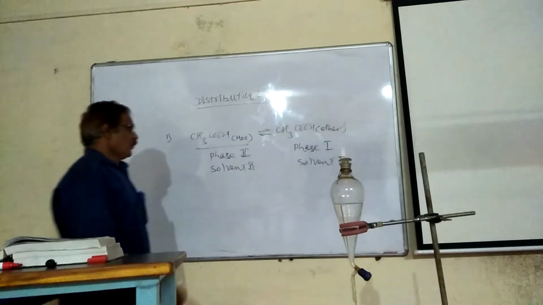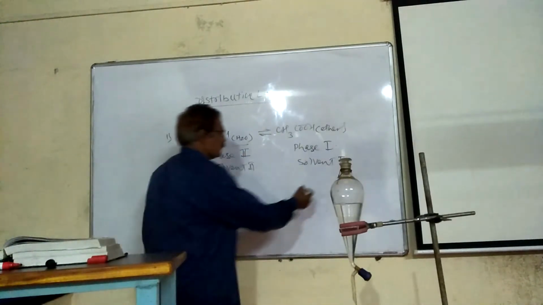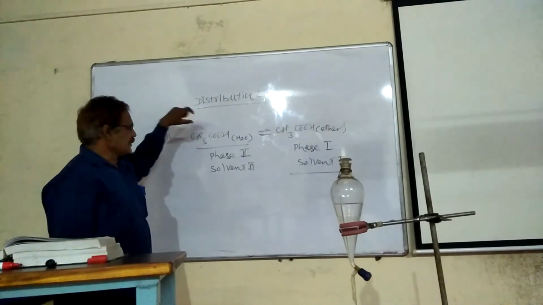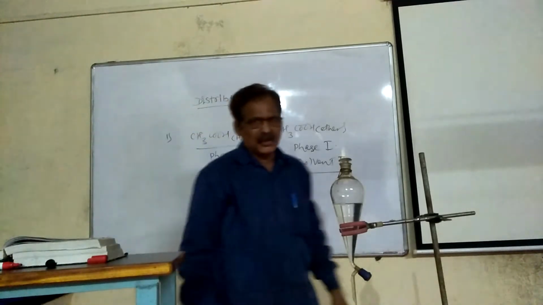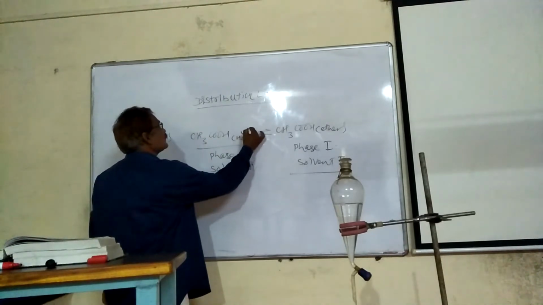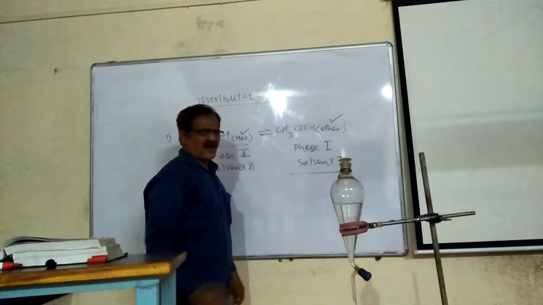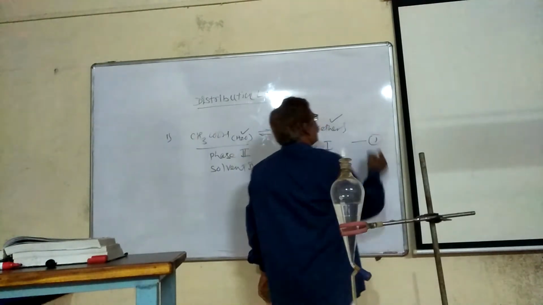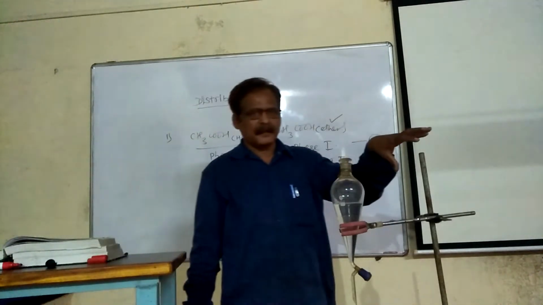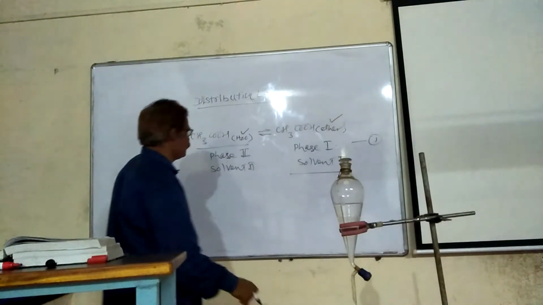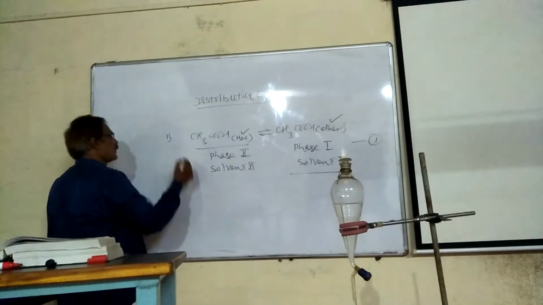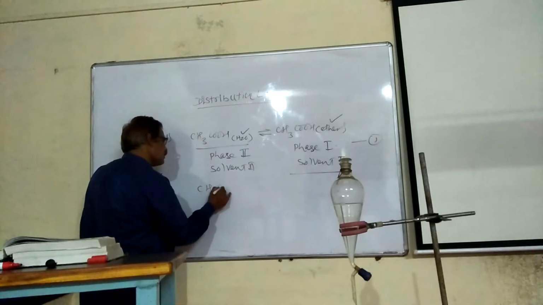We will see that initially, acetic acid distribute between two immiscible solvents, water and ether. This is the first equilibrium. Whatever acetic acid which goes in water, it further dissociates into its constituent ions, and the equilibrium in that particular case is CH3COOH